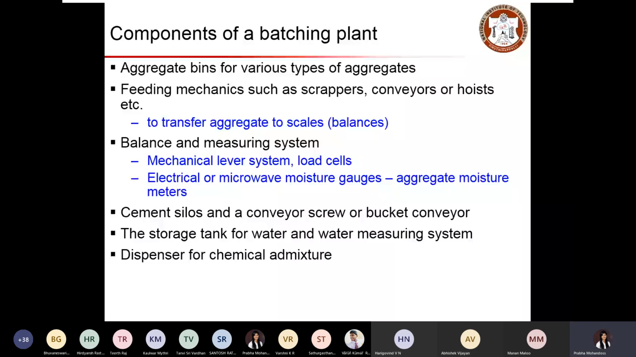This is to measure the aggregates. So from the aggregate bins, the aggregates will be transferred to the place where they will be measured. There are some balance and measuring systems that will help us get the accurate amount of aggregates to be added, either aggregates or cement, whatever it is. So there are mechanical leverage systems and load cells. These will help you get the weight of the ingredients, and